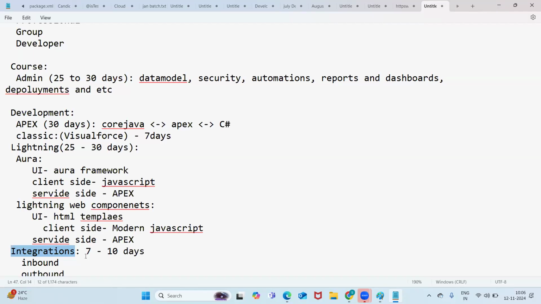See, testing is also covered, sir. Salesforce testing, testing the scenarios, or